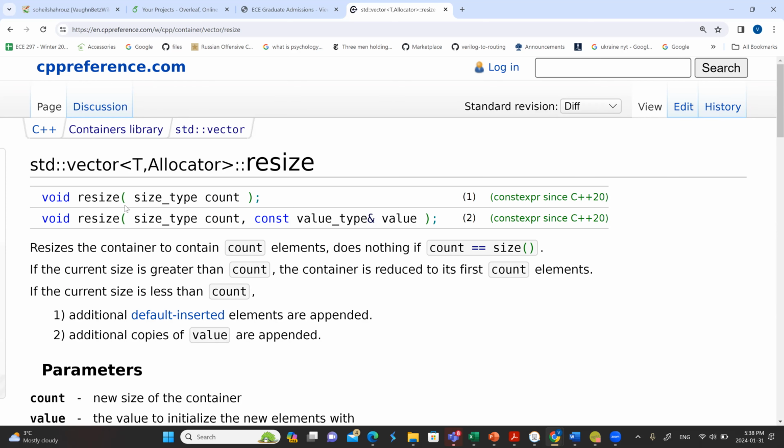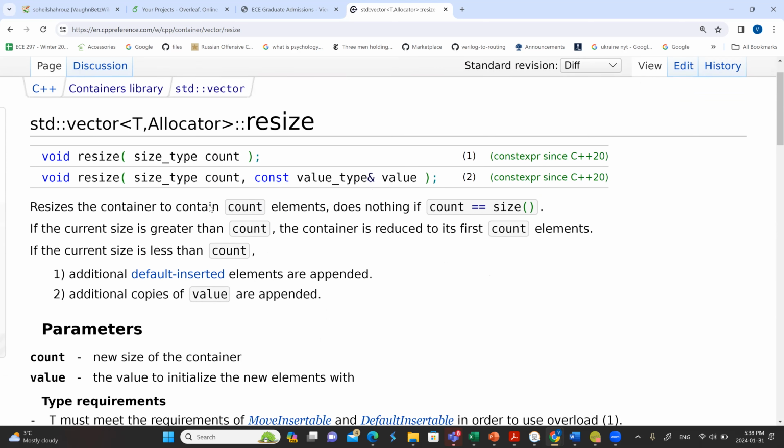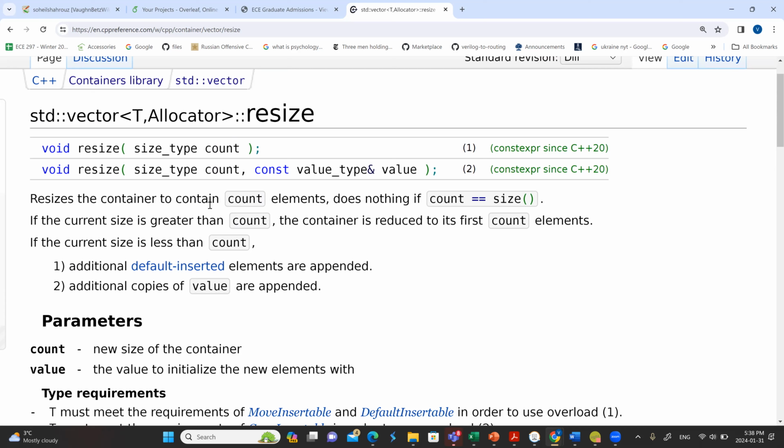You call resize and tell it how many things you want, and it'll make them all for you. That makes the first dimension of my 2D vector, filled with 194,000 default constructed entries, meaning empty vectors. That's exactly what I would like in this code.